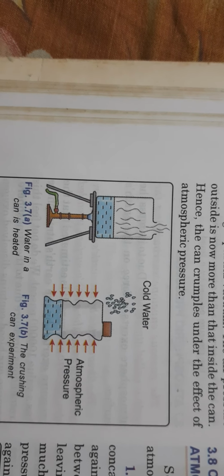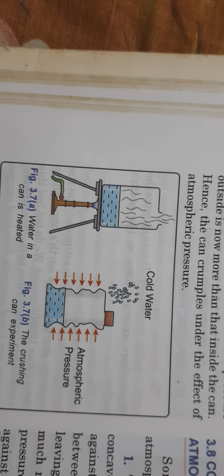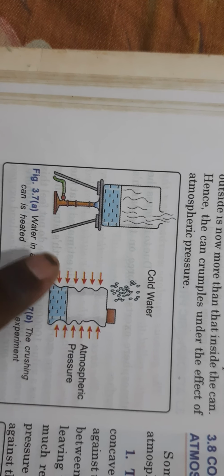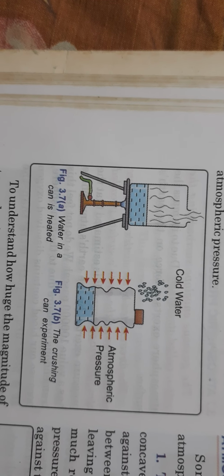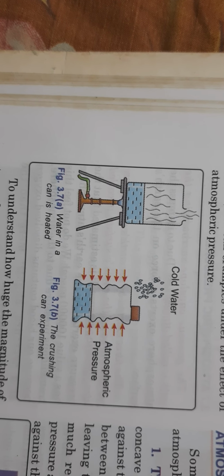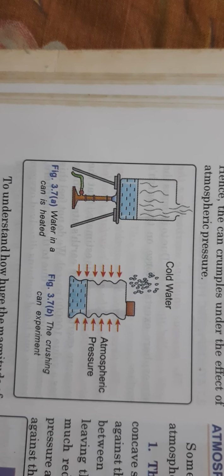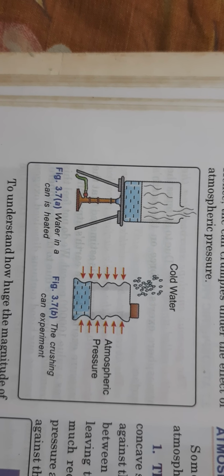It is because the air which was inside the tin can is no more there to retaliate against the outside atmospheric pressure. And so the outside atmospheric pressure from all directions now applies pressure on the tin can and squeezes it. And the tin can is now crushed automatically by itself, as if some invisible hand is crushing it.